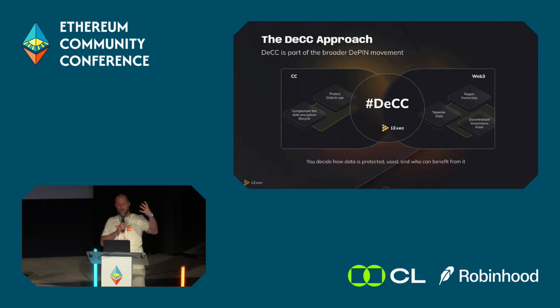So you understand now what confidential computing is: protecting data in use. What we've done at iExec, we added the Web3, the blockchain layer, able to tokenize data, regain ownership, and add some governance rules. Because for an application running in this enclave, you can set some governance rules, like who will use it, who is able to compute some data, and even set a price. And the merge between confidential computing and Web3, the blockchain layer, is decentralized confidential computing.